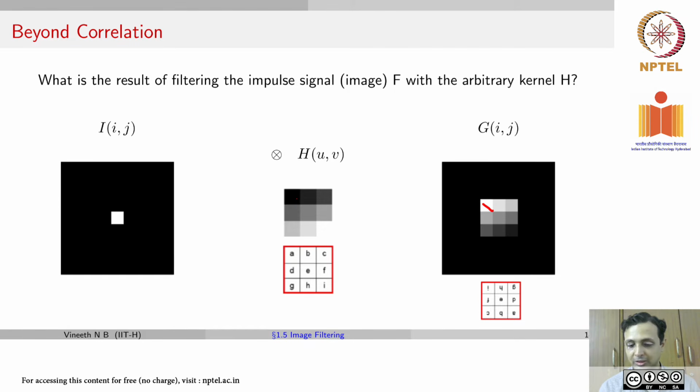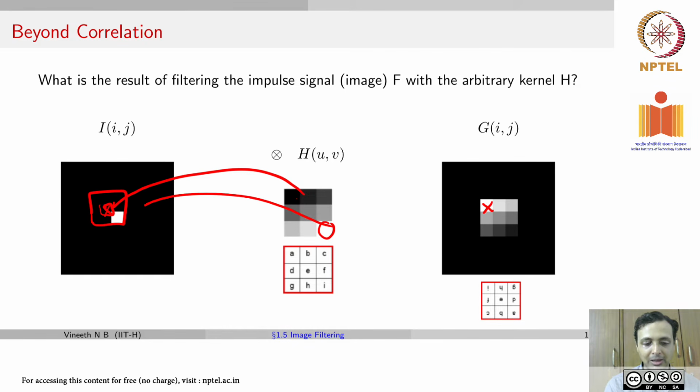The output at this pixel here is simply going to be taking this input pixel and placing this kernel exactly as it is there, and it happens that this white value is the only value that will get multiplied by this 1. All other kernel values will get multiplied by the corresponding black, which is 0, and will not have any bearing on the output, which means the output at this particular location is going to be white.